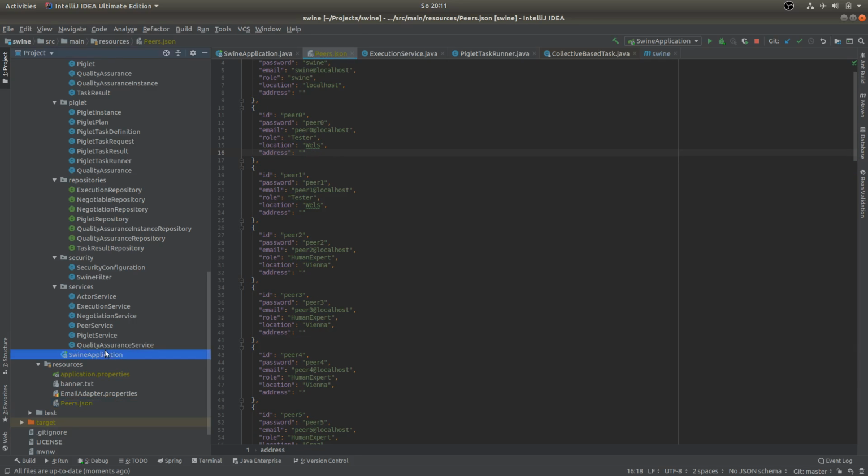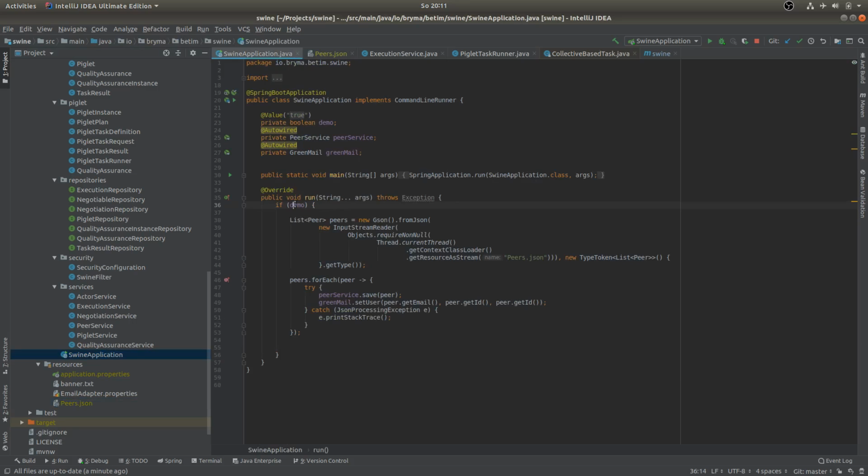And then I load these peers, considering it's a demo, and I know that this is a demo from the attributes that I have in the application.properties file. And if it is a demo, then I read the peers from this file here, and then I